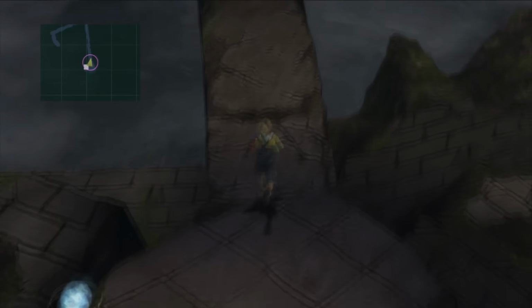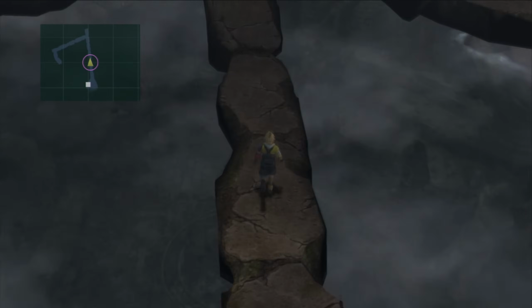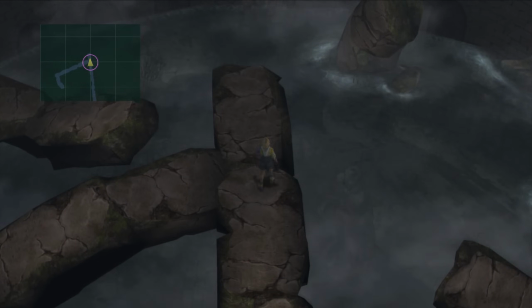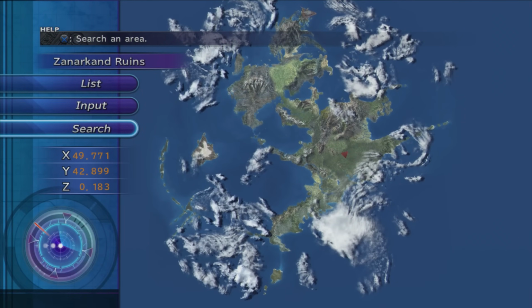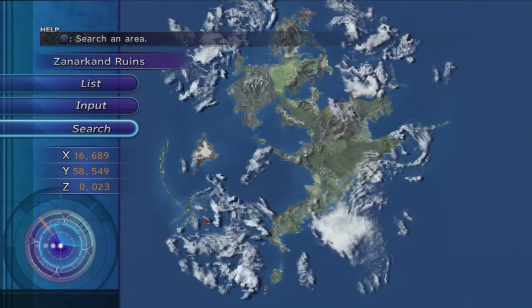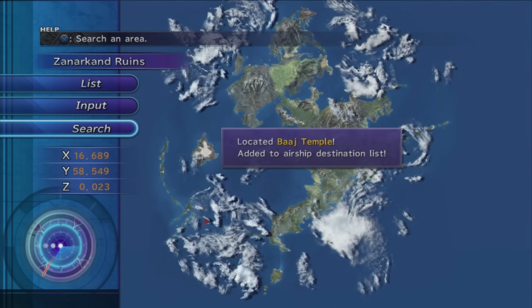Next up is Anima. You can acquire Anima at Botch Temple, the place where Tidus got swept off at the beginning of the game, if you remember. You can unlock this area via the airship by clicking around this specific part of the map. Just keep tapping and moving the cursor around these coordinates and you'll eventually get a prompt that says you unlock